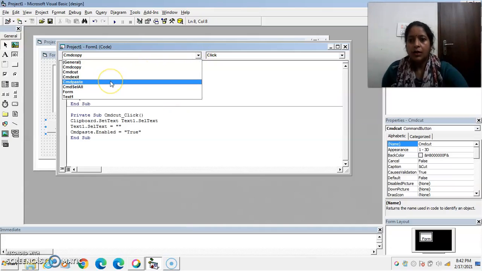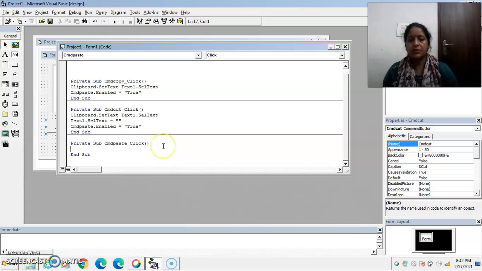Now write down the command for paste button. For paste button, the text that is set on the clipboard is again transferred to our text box control.